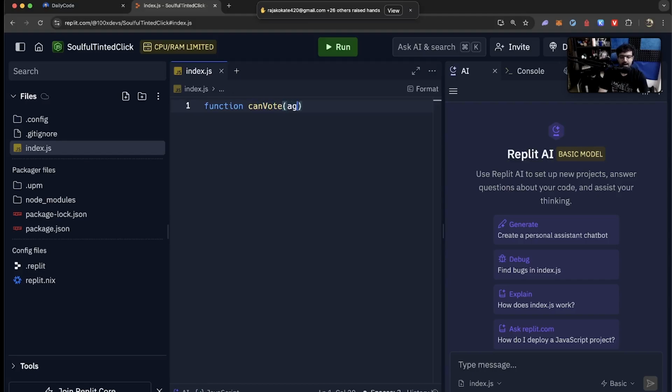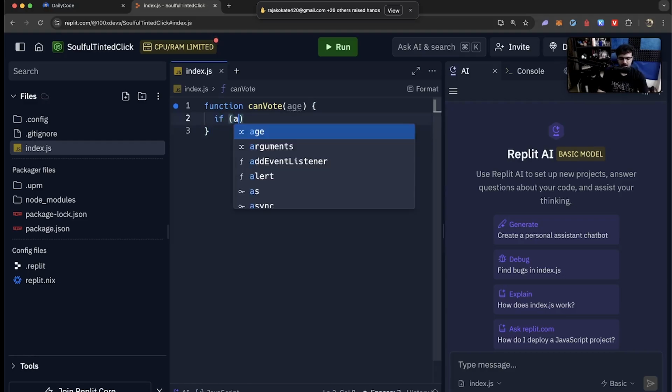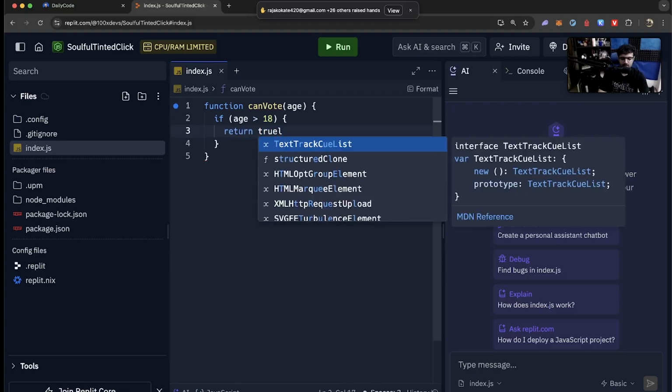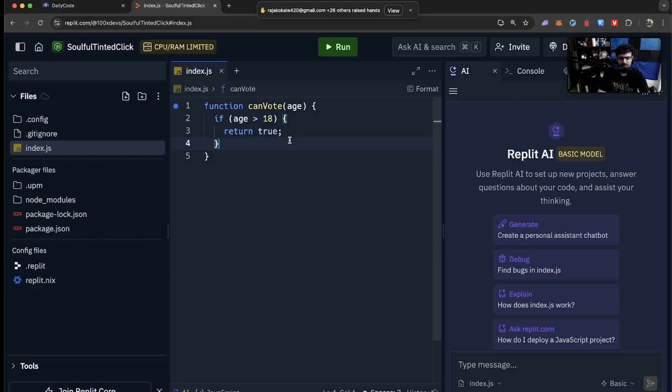As you can see, I'm writing it a little bit fast because I have some muscle memory. You might have to look at syntax from time to time, but if you write this enough number of times, you'll be able to understand what is happening. Return true, or have this as muscle memory, so you can just write it like this without relying on an AI. All right. Else return false.